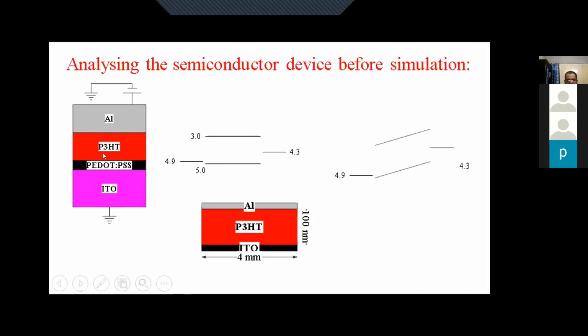So the requirement will be to create this structure, then apply the bias at the electrodes, and then see the IV characteristics or CV characteristics for AC simulation. So Silvaco provides DC and AC, and that we'll see later. But if a solar cell has to be simulated, then in addition to the electrical biasing, one also needs some light source to shine on the sample.